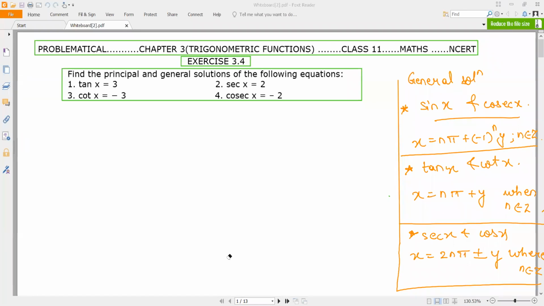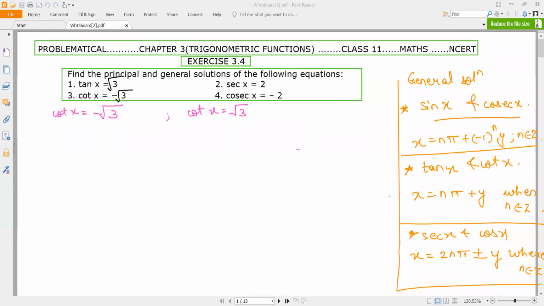Next you have cot x equals minus root 3. For which value of x do you have cot negative? Now cot is positive in the first and the third quadrant, so it will be negative in the second and the fourth quadrant. Let's consider for what value of x do you have cot x equals positive root 3, because we know that if we draw these